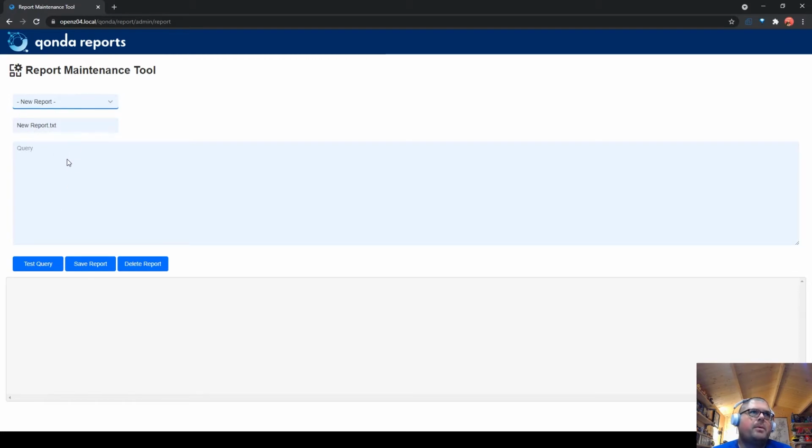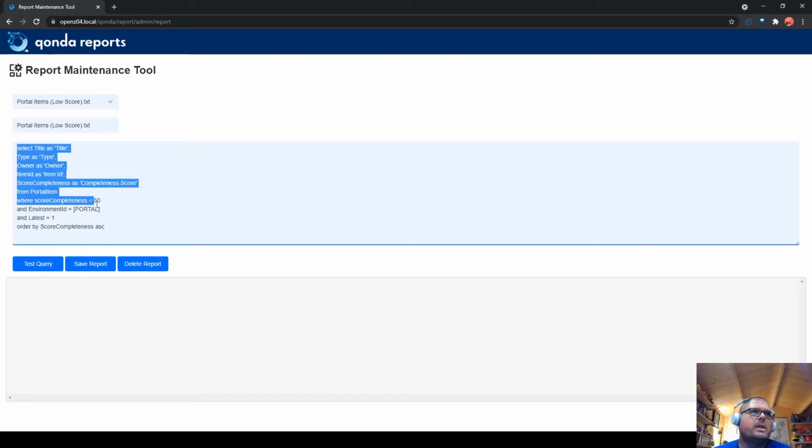So if we open up an existing report, such as the portal items with a low score, you'll see it loads the SQL statement. So you can see we're selecting from the portal item table, and we're looking for items with a score completeness of less than 50. You'll notice here that there is a placeholder with the word portal in square brackets. This is basically a placeholder that will substitute the environment that the user selects from the pick list when they're